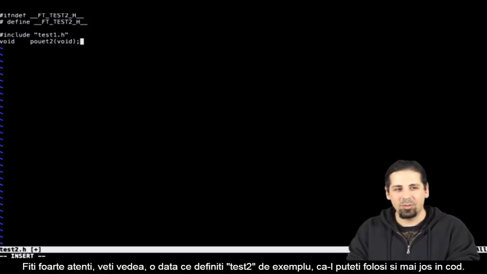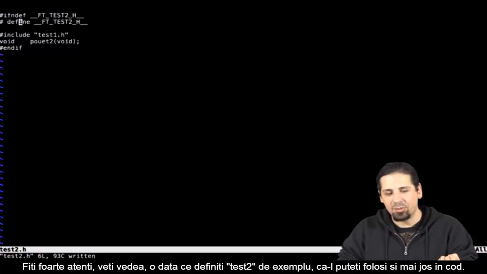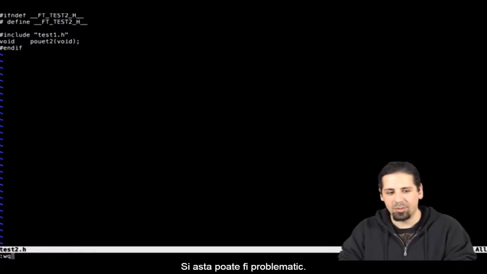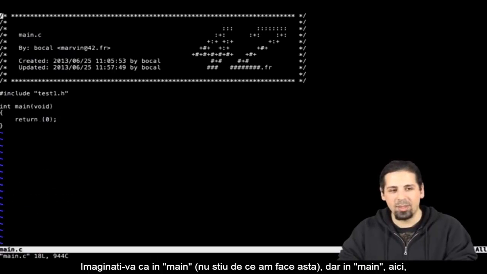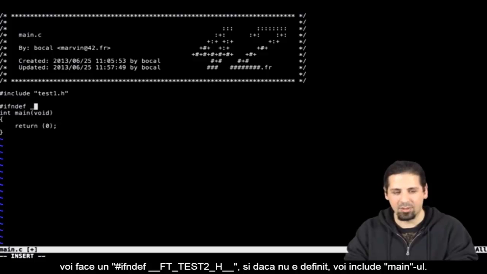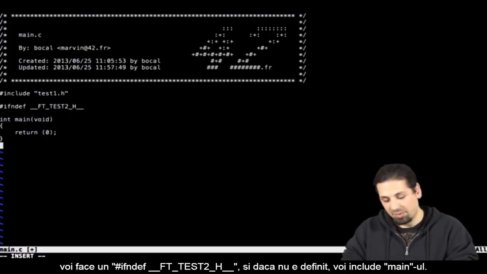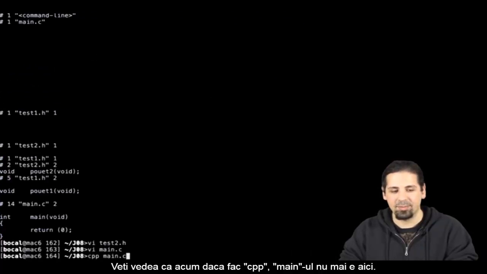So, be careful. Be really careful. You'll see, once you've defined ft underscore test2, you can use it further into the code. And watch out, this could be dangerous, because imagine in my main, I don't know why anyone would do this, but in my main here, if I do hash ifndef underscore underscore ft underscore test2 underscore h underscore underscore, if it hasn't been defined, I'm going to display my main, and you'll see that if I do cpp,